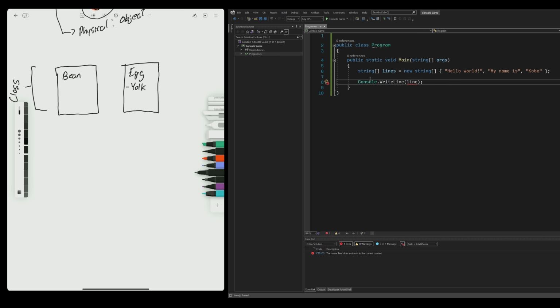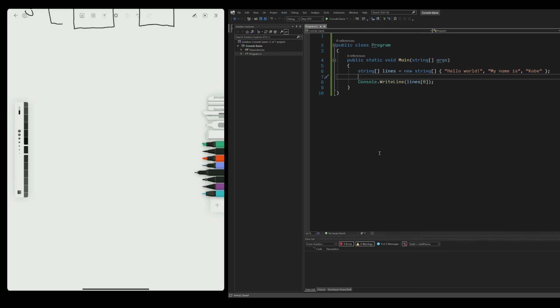Consistency. Anyways, console.writeLine, we can do lines 0. And where do you think that's gonna go? Well, we can actually go ahead and do a little bit of a diagram here for if you're still having trouble with this concept. We have string